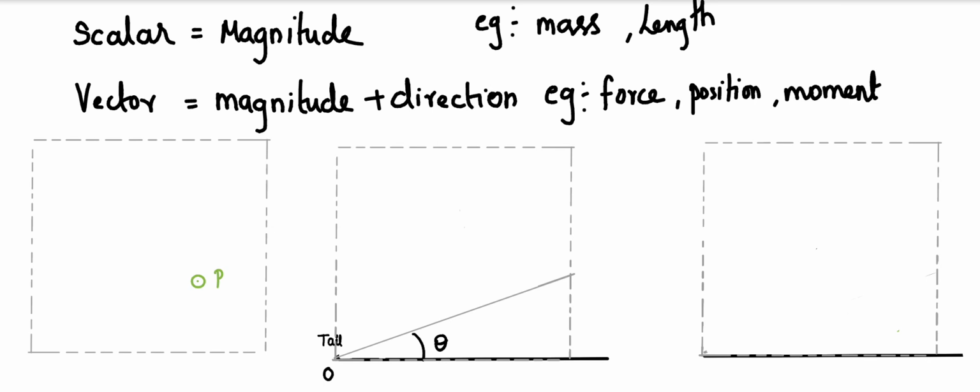Well, I take a reference with respect to this point O. So I draw a line connecting these two. This is the direction along which I need to move to reach P. Not only does this direction define the position of P, but also how long I have to move. Let's take a scale: here 1 centimeter is the distance. So in order to reach the point P, let's say I need to travel 4 centimeters. To define the position of this point P, I need to specify the direction and magnitude.